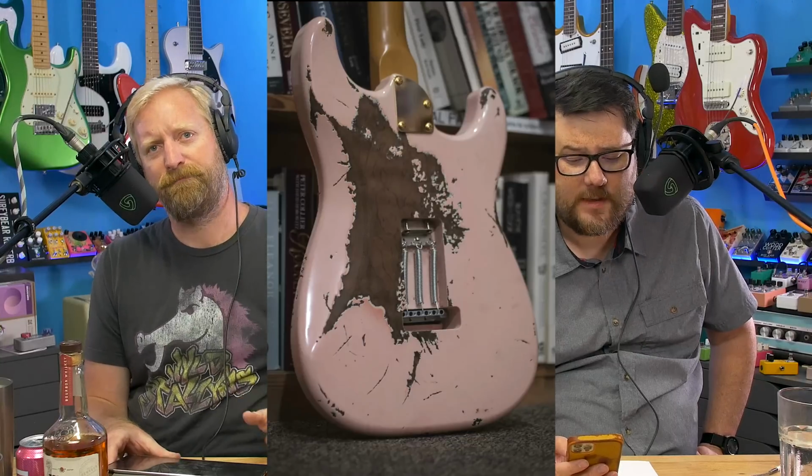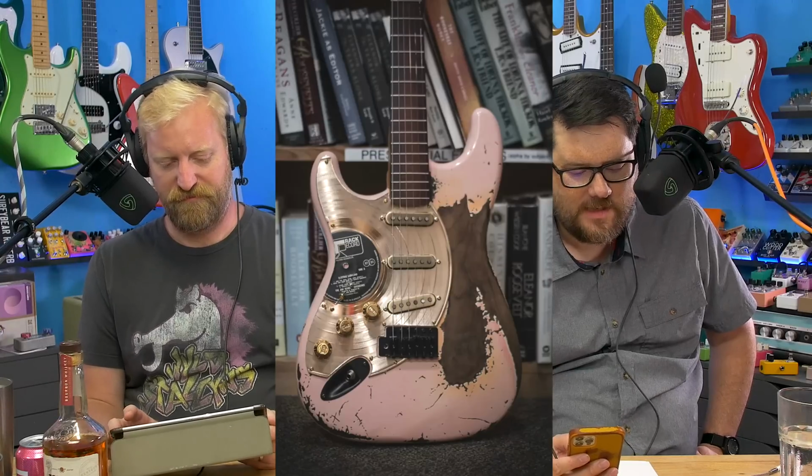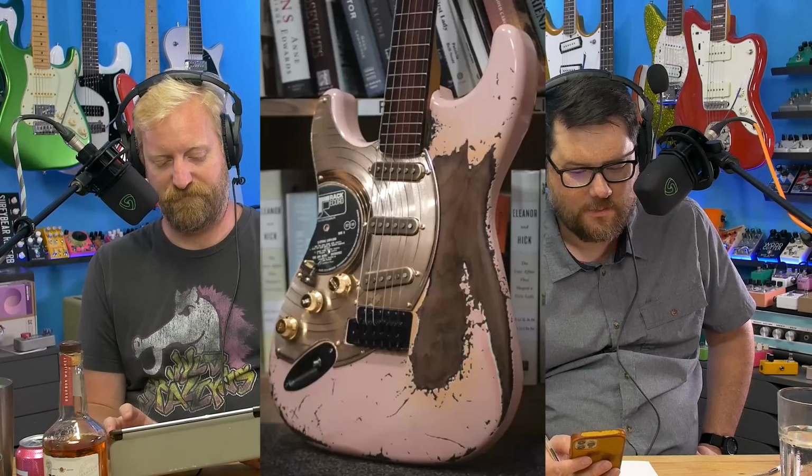The screw choice for the neck plate is odd. But when I just heard the name of this, I thought of Who. All right, we're gonna get picky about the screw choice on the neck plate. They're like the wrong ones. Anyway,